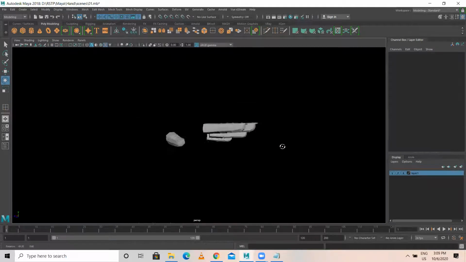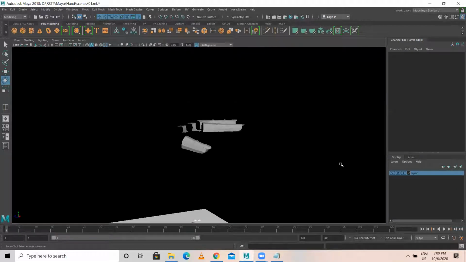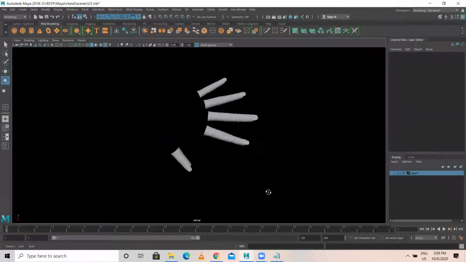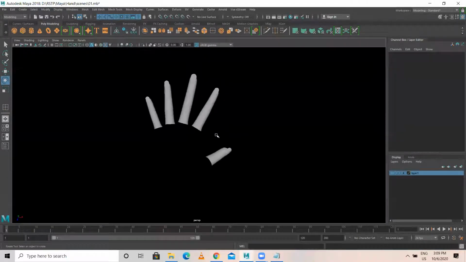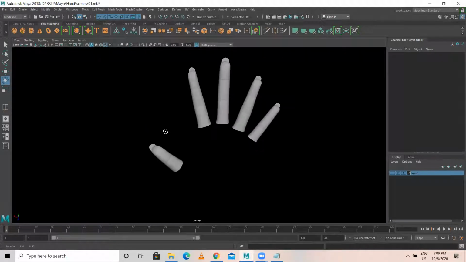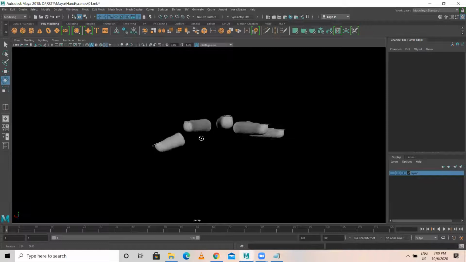Okay, now return to the grid. See guys, this is how it looks. When you point all these fingers towards you, this is how it should be. So I'm selecting all, and I press 3. See guys, we have done the finger part, right? Any doubt up to here? No, sir. Okay, great.